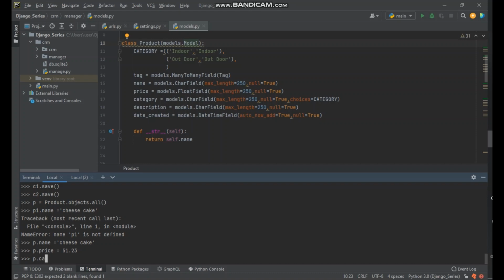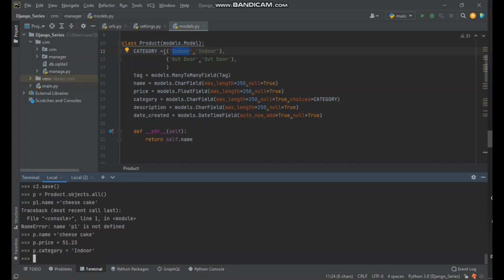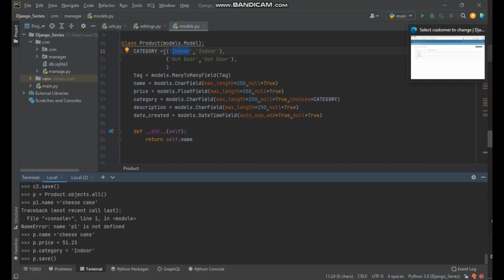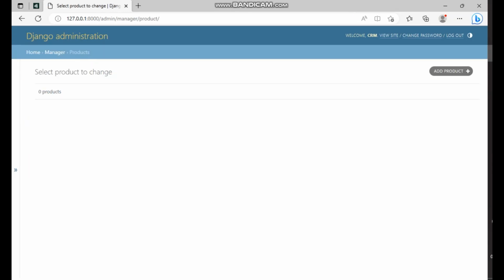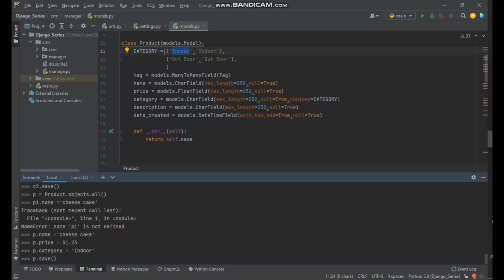So we're also gonna put category, sorry, it's category equals, and for category we have these categories. Let me just copy one of them there. Let me put them inside there, quote marks. And then we have description, date created. We can leave those out. So I can just say p.save, but let me not save it yet. We're just gonna see how it works. So we're gonna go here to products. We have nothing currently. If I say save,